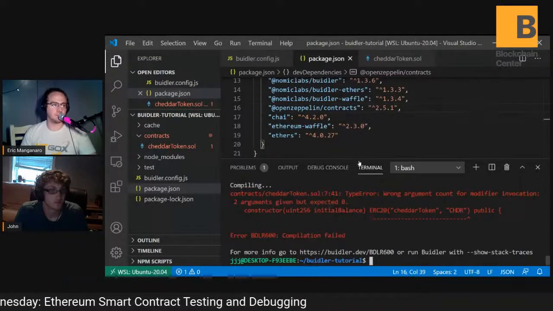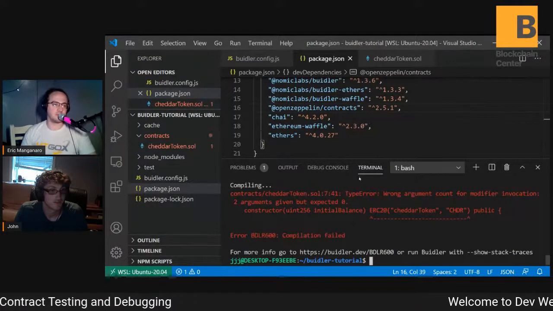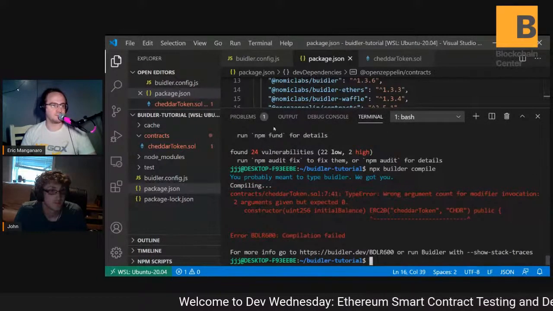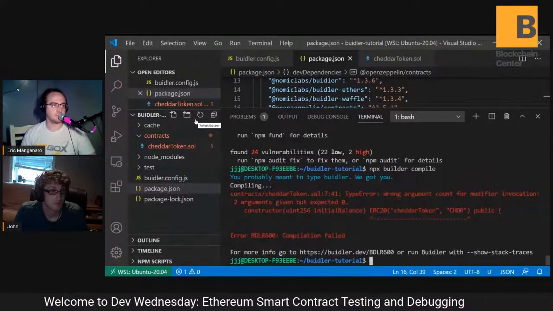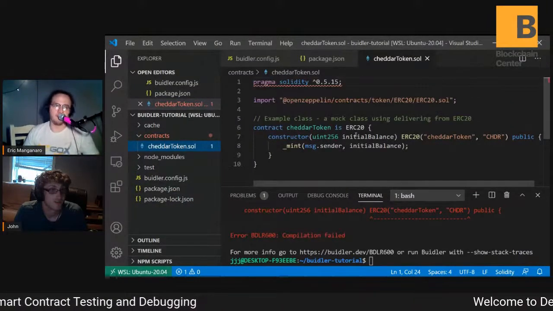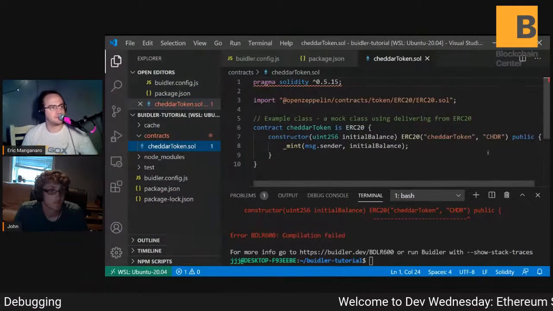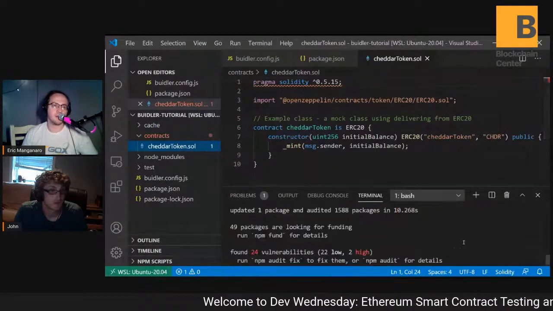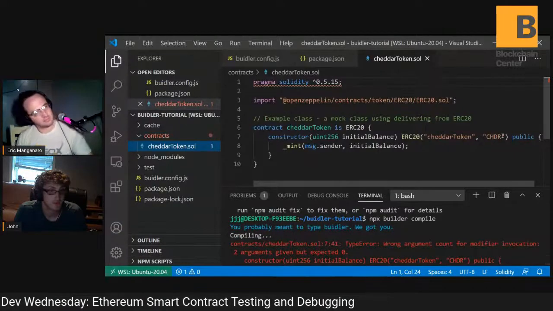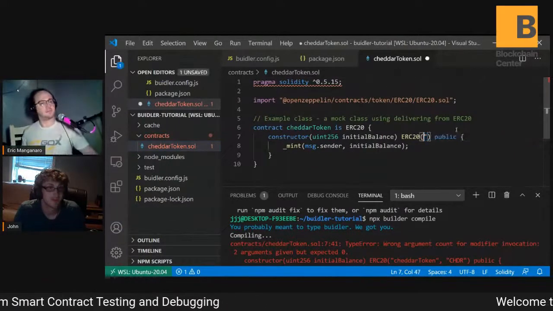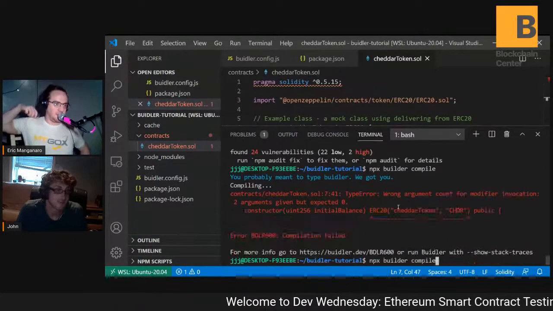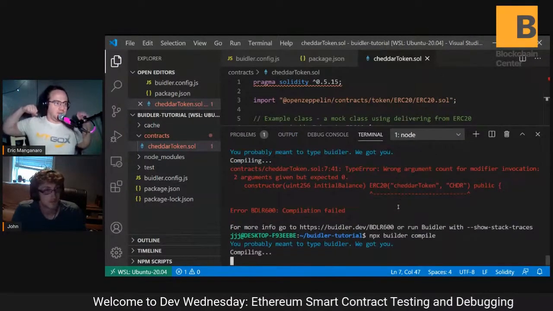Ooh, close. Okay, well, it got through at least the first part. So the constructor is wrong. Wrong argument for modification. Is there supposed to be a comma? No, so that is... I am going to expected 0. So let's see what happens here. 0. Yeah, because it's a different version of the